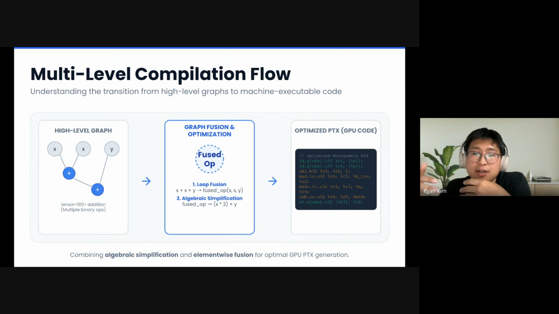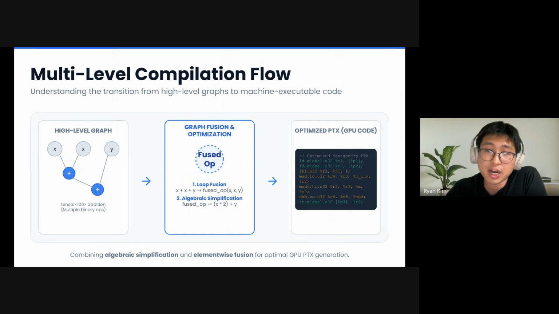So the two adds collapse into one fused operation and one pass over the data, no intermediate spilling to VRAM, global memory. Second, algebraic simplification. Once it's fused, the compiler sees x plus x and notices that, oh, it's just 2 times x. Pure operations, simpler forms, so it rewrites it to x double plus y. Each step is semantics preserving, same output, less code. At the bottom, you end up with optimized PTX.